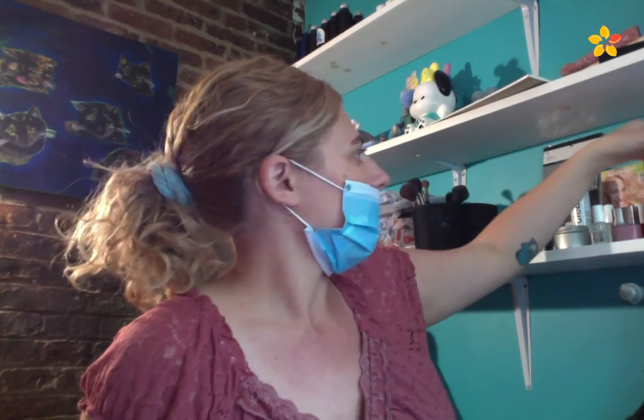This is just a Q-tip and some loose powder. And what this does is it sets the spot coverage that you just did with your concealer. So then you're going to want to take just a fluffy brush, and I'm just going to flick away